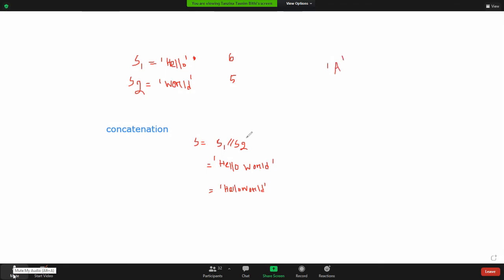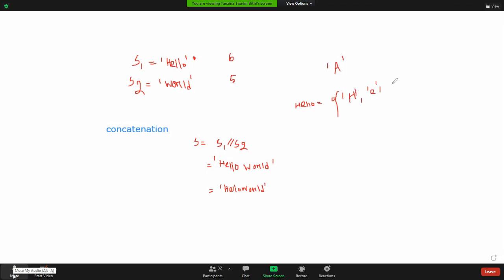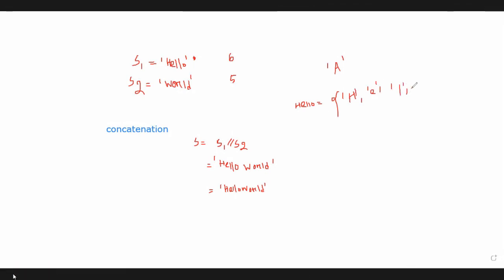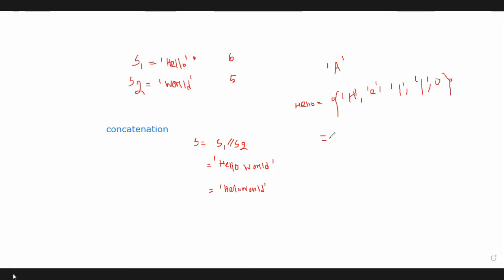And how are we actually creating the strings here? Madam, look at this. Can we write it like this? This hello equals a set of characters, right? This hello is actually H, then E, then L, then L, then O, isn't it?